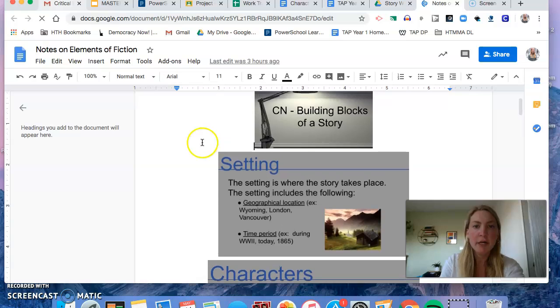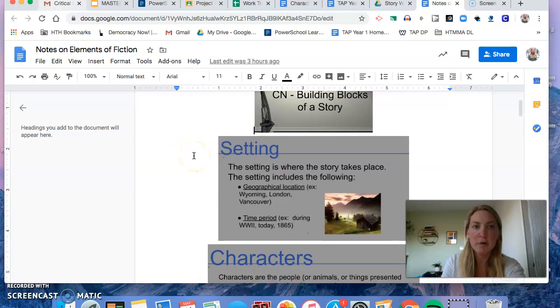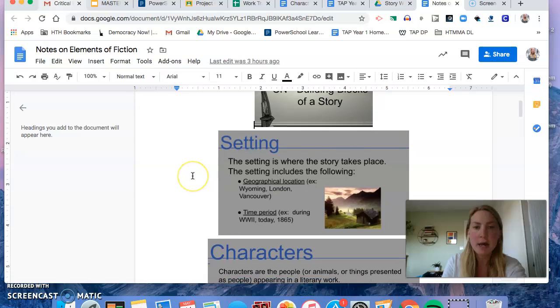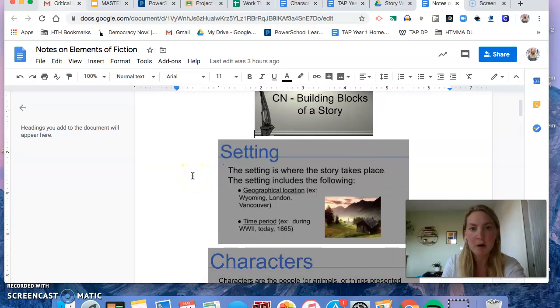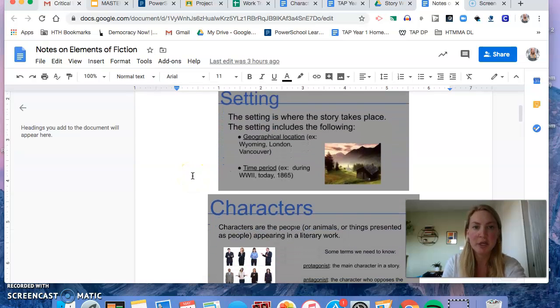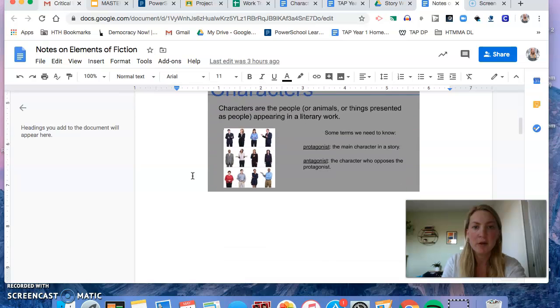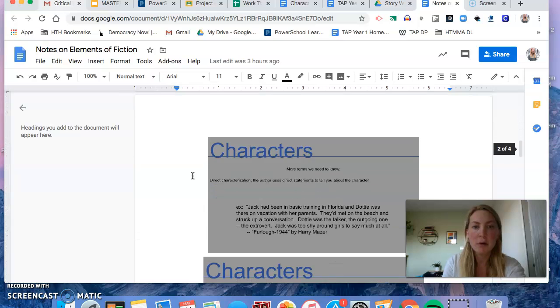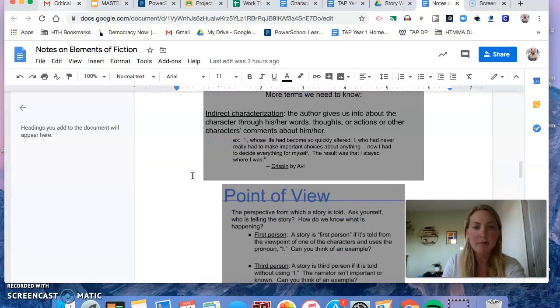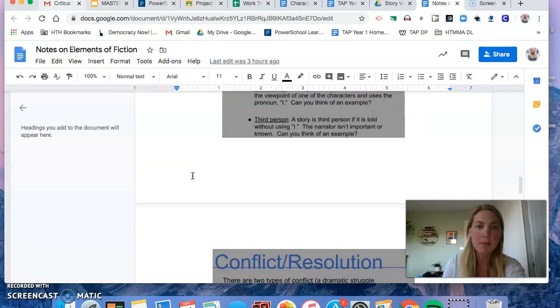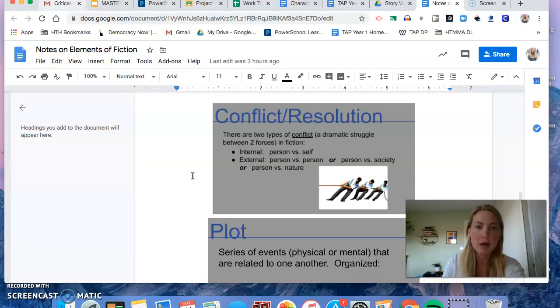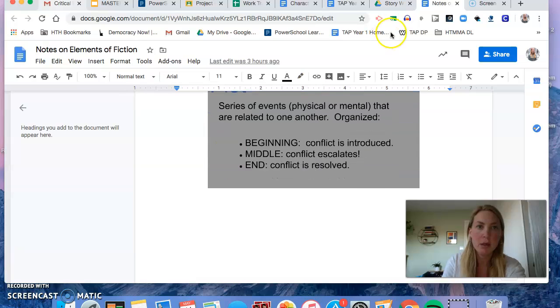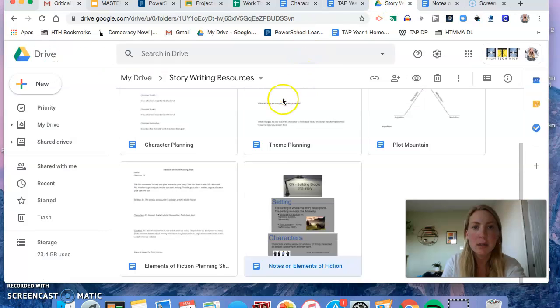So it might be a good idea for you to go through before you start writing your story and refresh yourself with all of the different elements of fiction. So you can look through and remember all of these different things and think about how you're going to use them in your story. And then, let's see. The next document